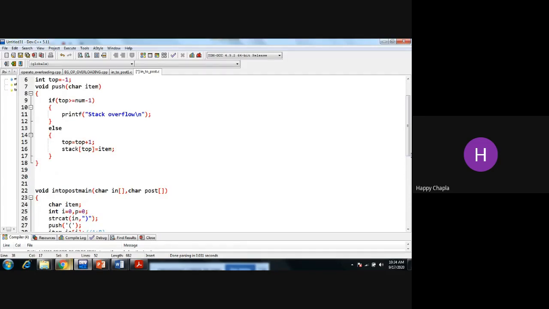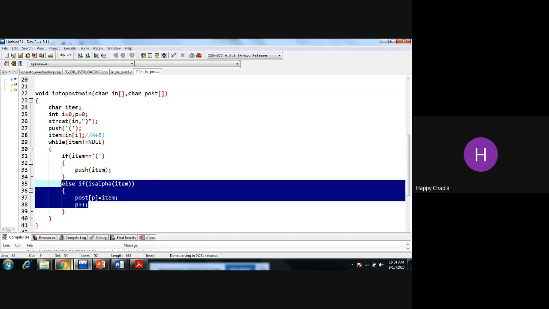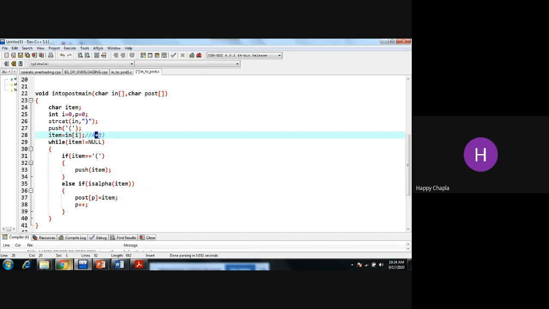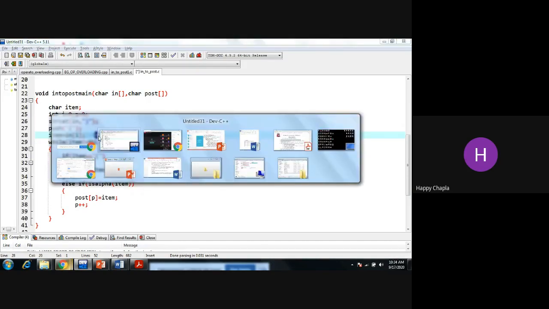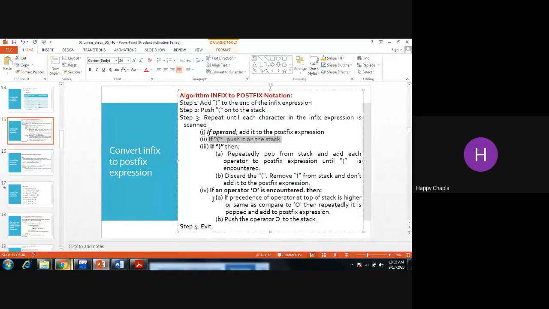The second thing, whatever the value is coming from this item. Now A का turn complete हो गया यहाँ पे. Now item is incremented by 1. I need to check if your incoming character is an operator. If your incoming character is an operator, we need to check the precedence.